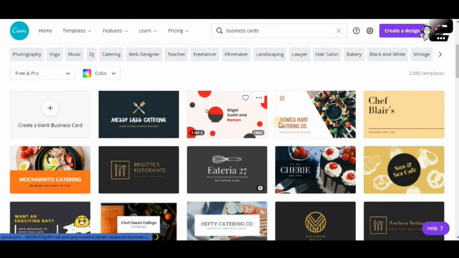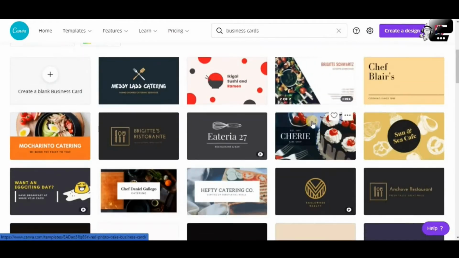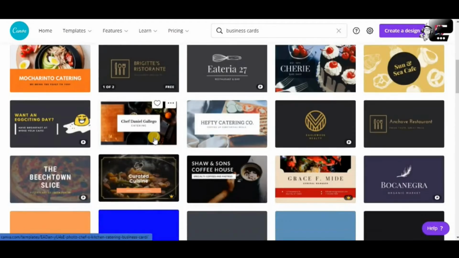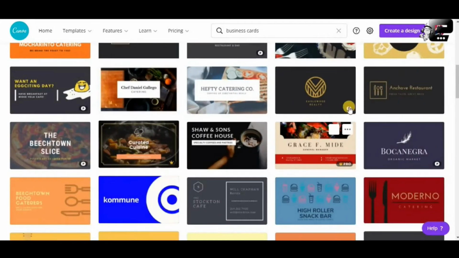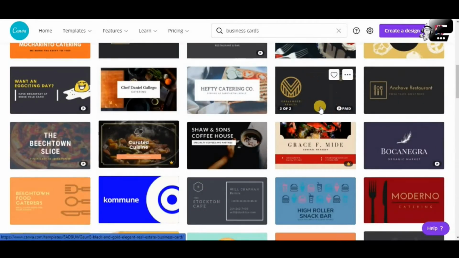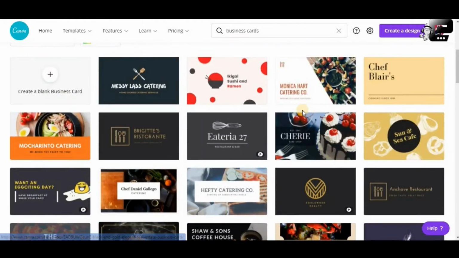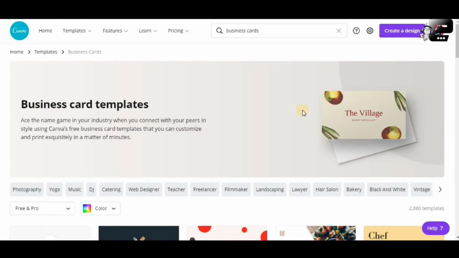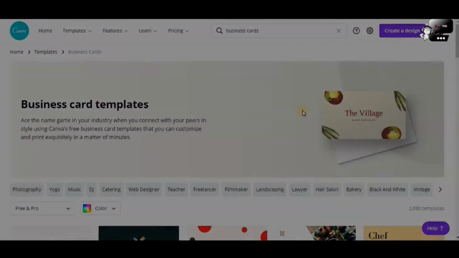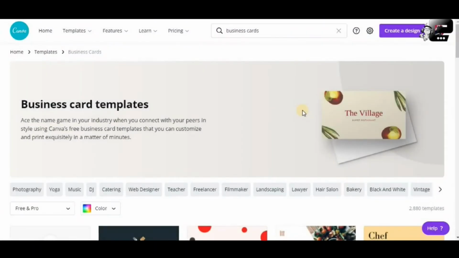You can see different templates here. Canva did a very good job of creating templates for free for the free account, and there are also paid ones. It says here that's for the Pro account, just in case you want to upgrade to the Pro feature of canva.com. Now it's easy to create a Canva account. All you gotta do is go to canva.com and create your free account first, just for you to be able to try Canva.